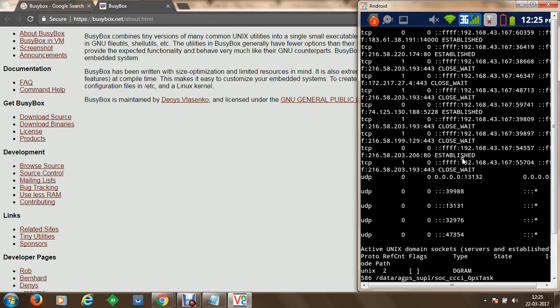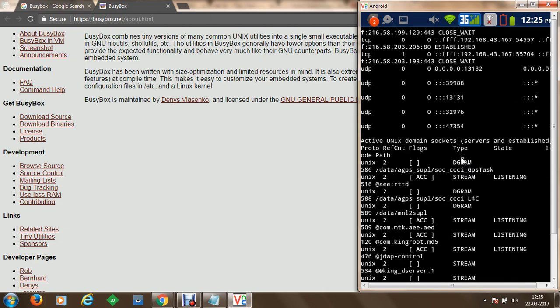There are various other applications running, like GPS task listening over the stream, DG RAM listening over the stream, and these applications are stored within the data directory. There is one kingroot which is listening, and using these connections these applications get updated.